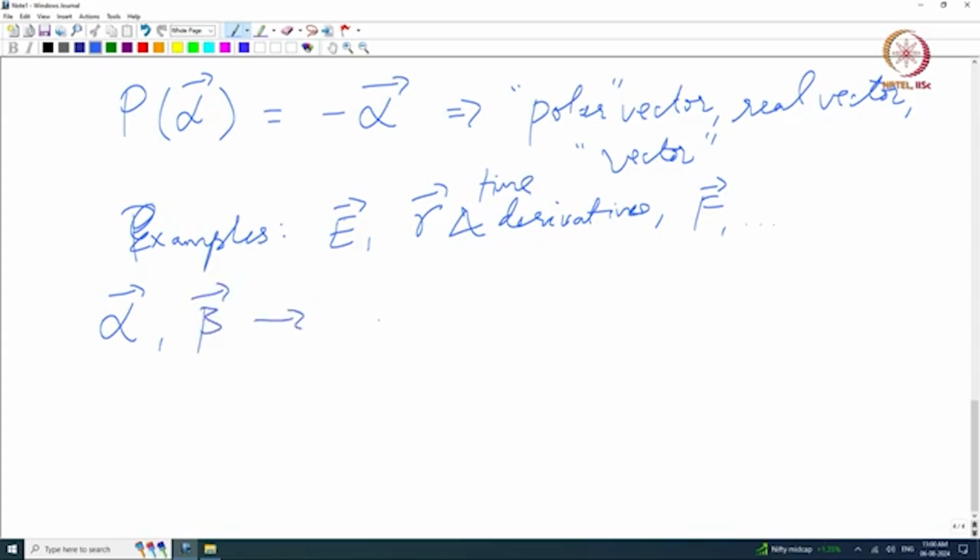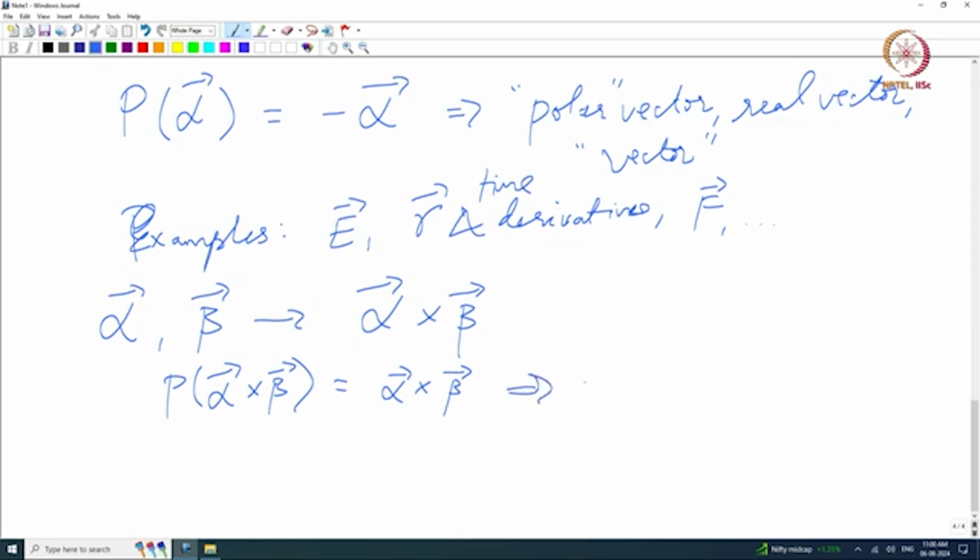I can always construct a cross product, and then if I apply parity on this, both alpha and beta flip sign, so obviously the cross product is not going to flip sign. So that says that the existence of polar vector implies the existence of, what is this called? Axial vector,